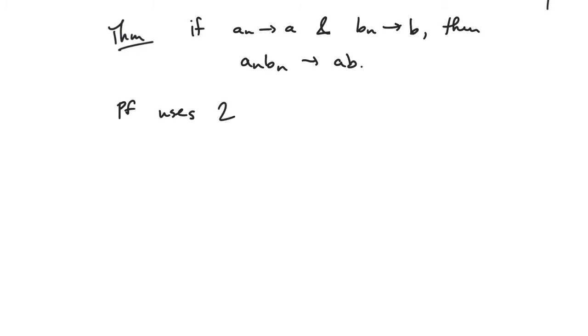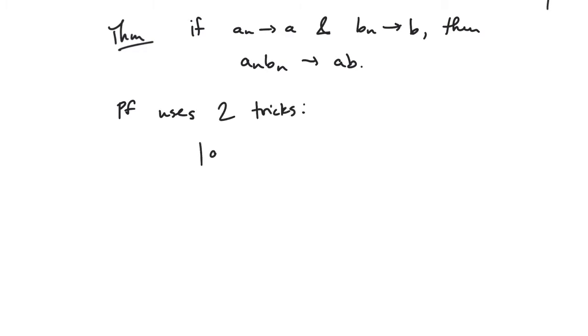It says if a(n) converges to a and b(n) converges to b, then a(n), b(n) converges to ab. All right. Now I gave you sort of an introduction to what we're going to do at the end of last time. So the proof uses basically two tricks,